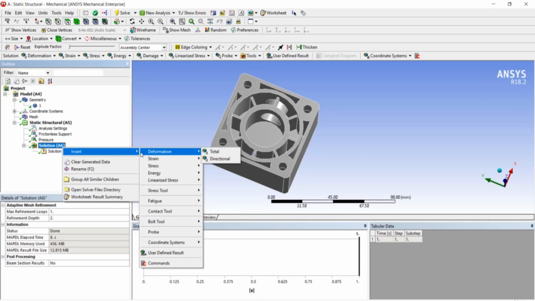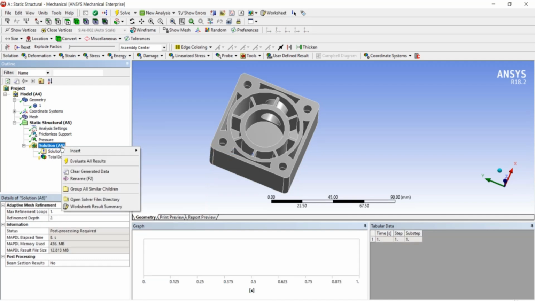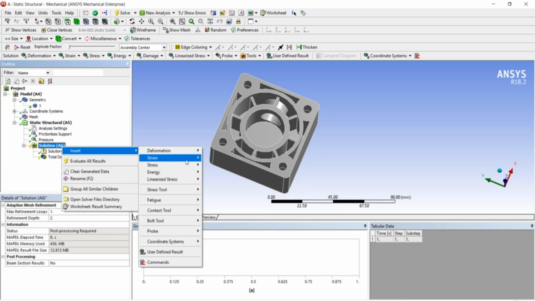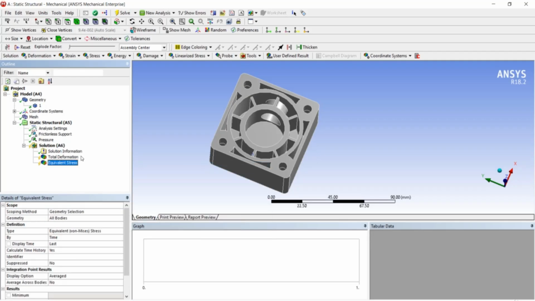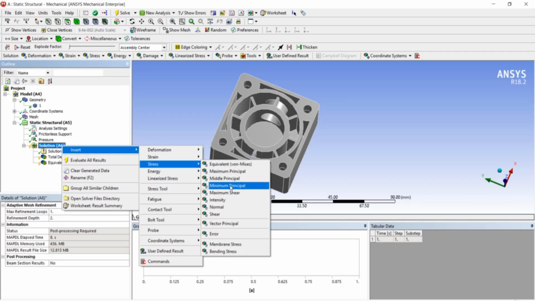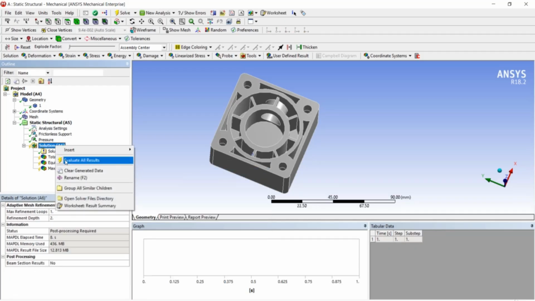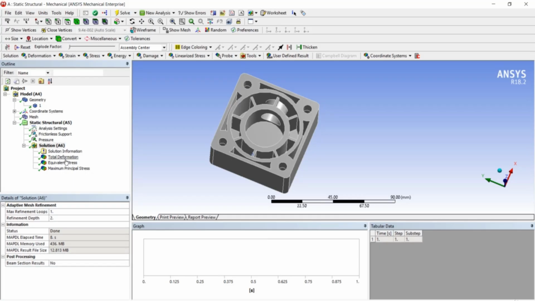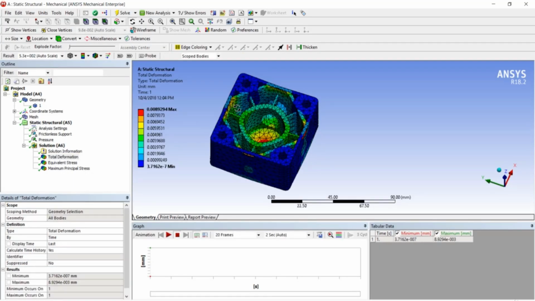So I'm going to put up deformation, that is, the total deformation I'm going to find out, and then I'm going to say insert. I'm going to find out the equivalent stresses, total stresses, and also the maximum principal stresses, and I'm going to just right click, say evaluate all results, to find out what is the value of total deformation. So the total deformation value is somewhere around